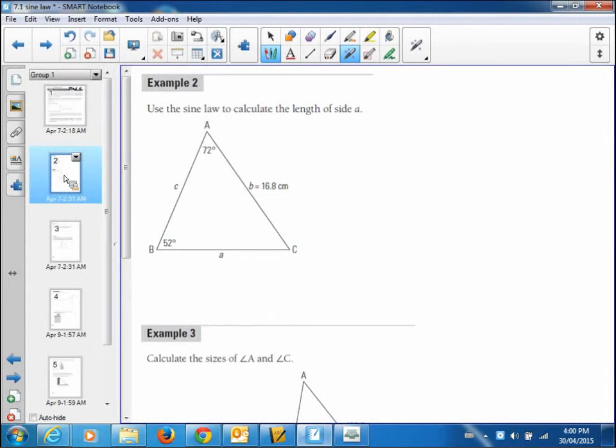Now, let's take a look at this. Sine law. Calculate side A. I'm going to go through kind of fast, so if you're watching the recording, be sure to pause and try these things out. Okay? So using the sine law, calculate the length of side A. Now, side A is matched with angle A. The rule that we're going to use then is sine of A over A,